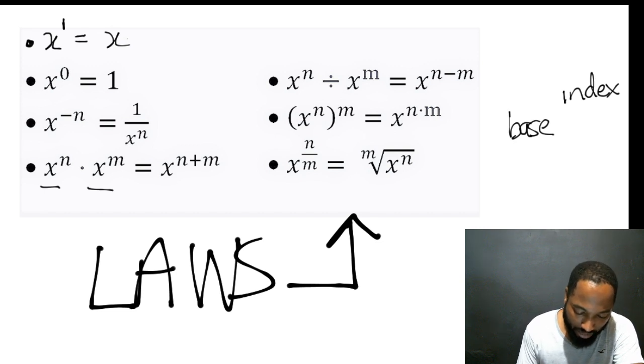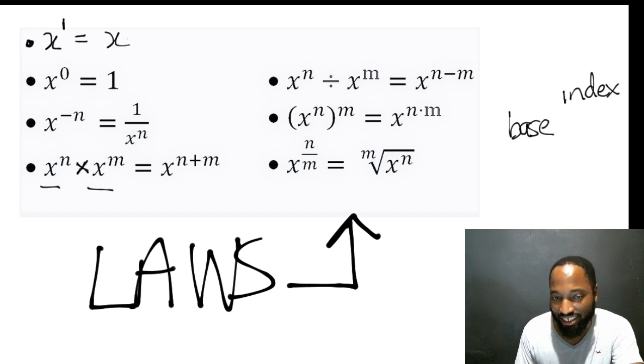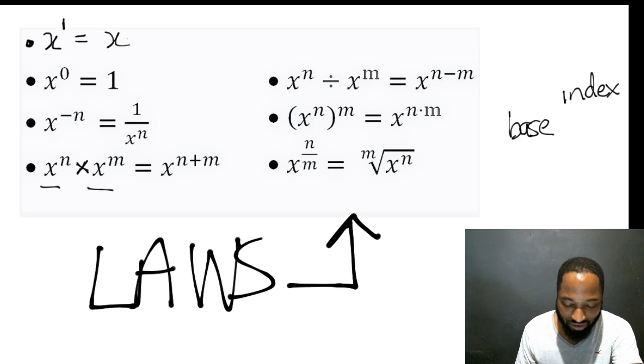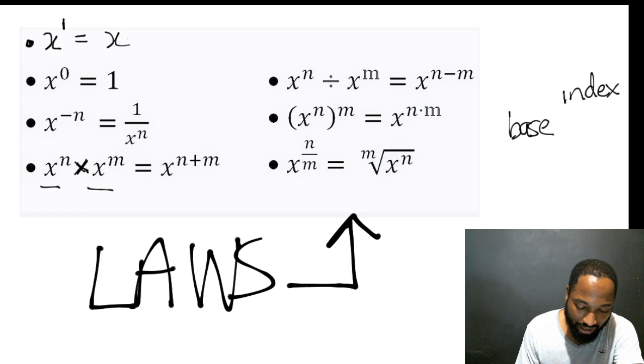Alright, so if you have the same base, and this dot here actually means multiply. Don't worry about the dot. It doesn't mean like a decimal. It means multiply. I explain all these little nitty-gritty things because these are some of the things math teachers overlook. So x to the power of some index multiplied by x to the power of a brand new index, if I want to know what it is, just add it up.